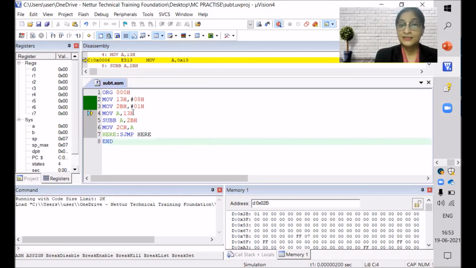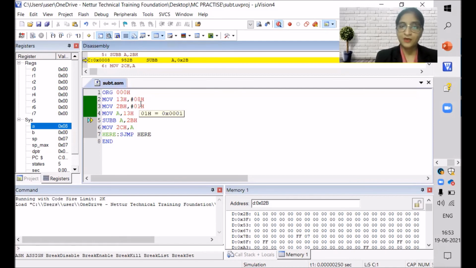Next, the 13H data is moving towards the accumulator. So we'll click. Now we'll see the 13H data was 8, but now that data has been moved to the accumulator, and the accumulator is having 0, 8. Next is our result. Our result should be moved to 2CH, so we'll write here 2B, 2C, and click on step.